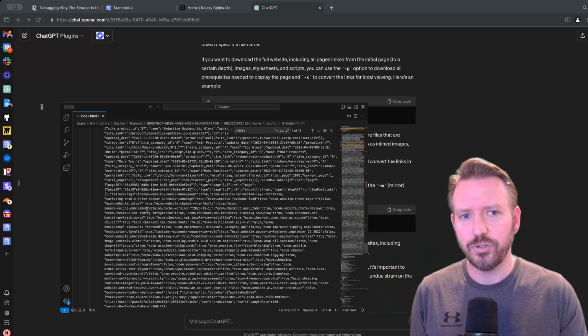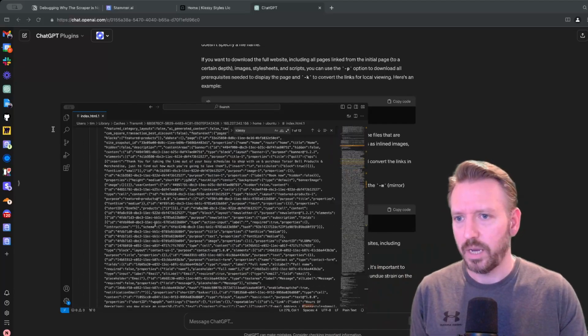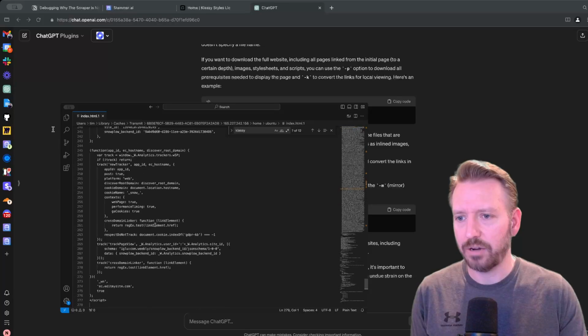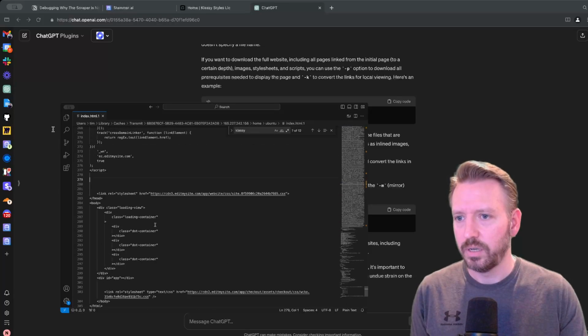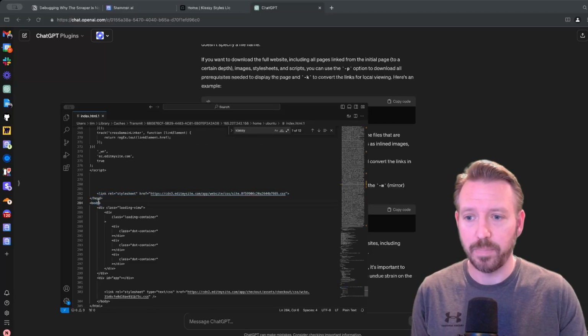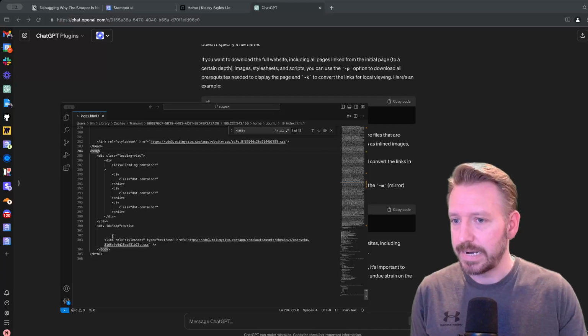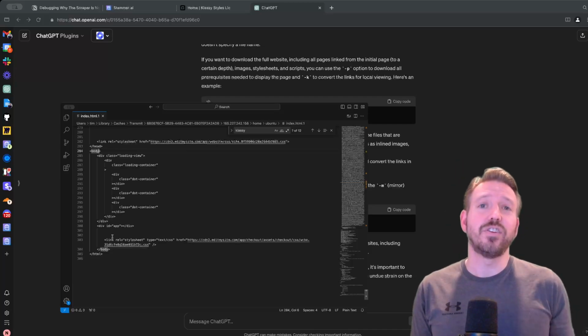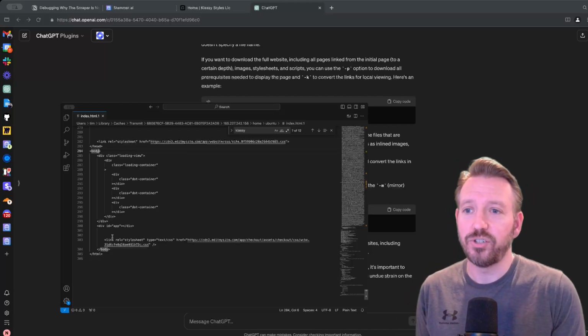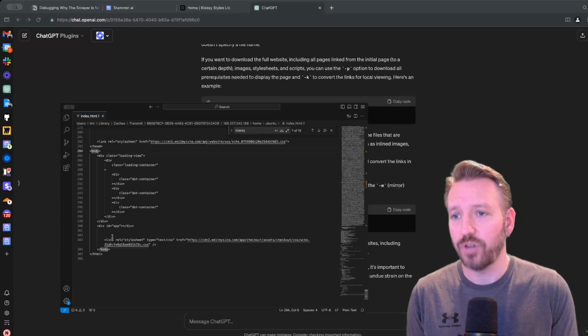Now, this is a bunch of JavaScript up here, and then when we get down to the actual page, the actual HTML tags here, let's see, we don't have a lot, right? We've got the body tags here, we've got some containers that have been established, and that's it. Now, this is a great indication right here. This pretty much tells you that a lot of this website is being loaded by JavaScript.